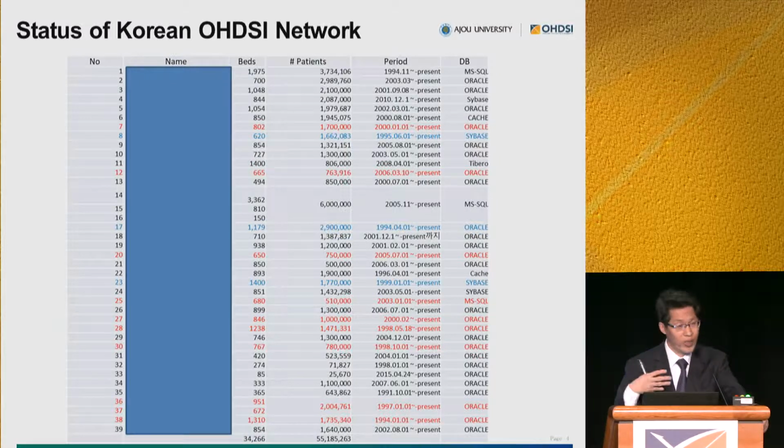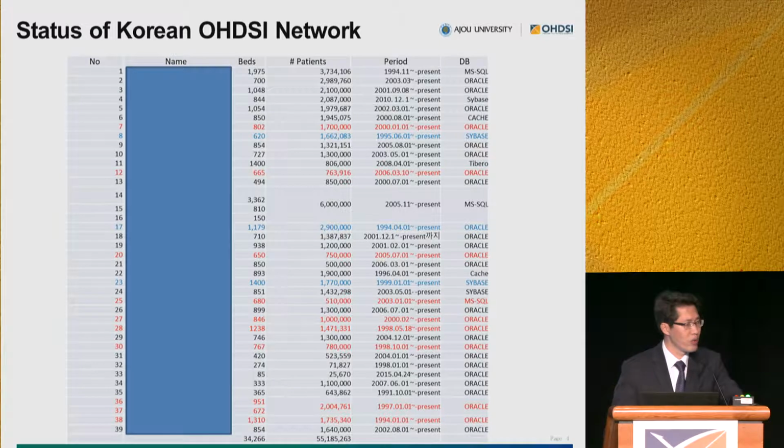And with our fund, we provide every service to the hospital for free. That means we provide the hardware, software, and all the ETL process and all the maintaining process for free to the hospital. So that's the reason why so many hospitals join to our consortium. And now we have 6 ETL teams, and by the end of this year, we believe at least 6 to 10 hospitals data will be converted into OMOP CDM and available to the community. So I hope it can be a good contribution to our consortium.